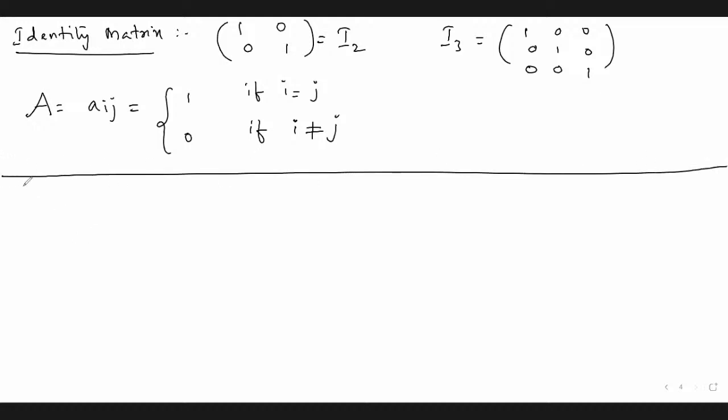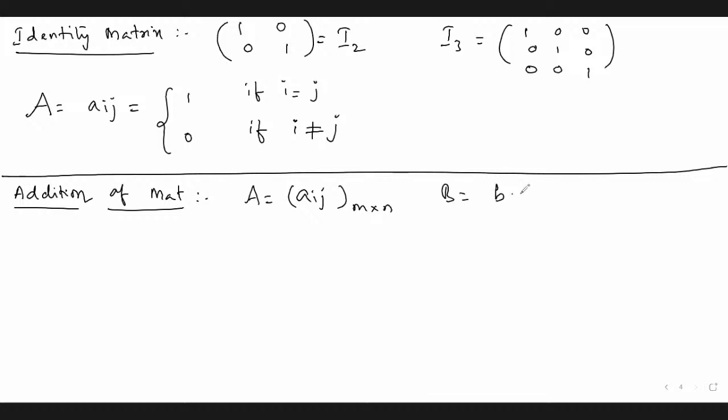On addition of matrices, theoretically how to write? I think you know how to do A plus B, A minus B like that, and you even know the properties also. But theoretically, you should write: if A is equal to Aij of m by n, B is equal to Bij